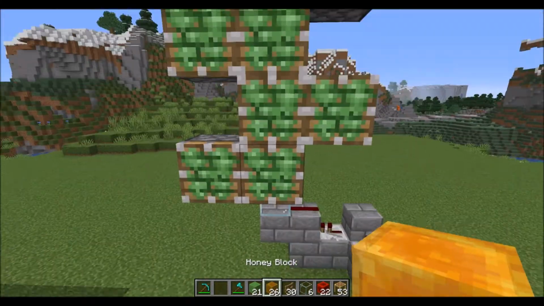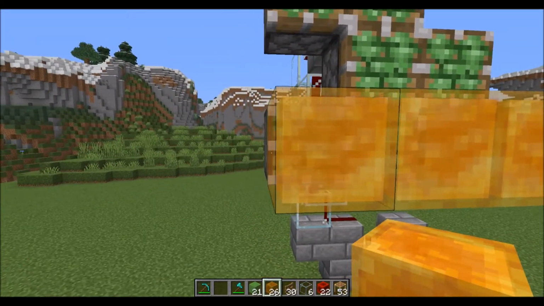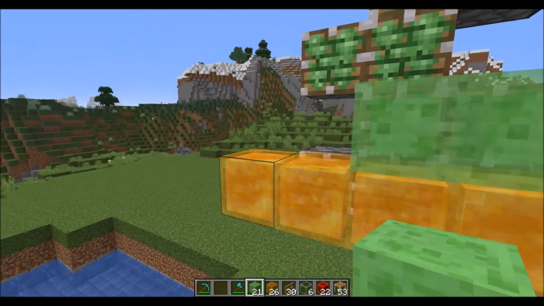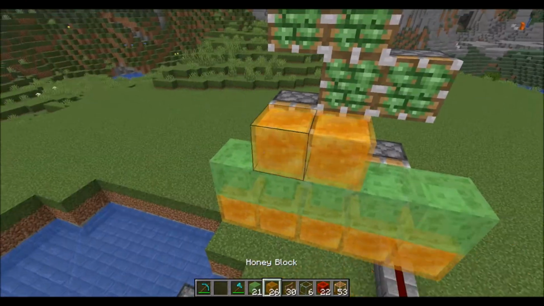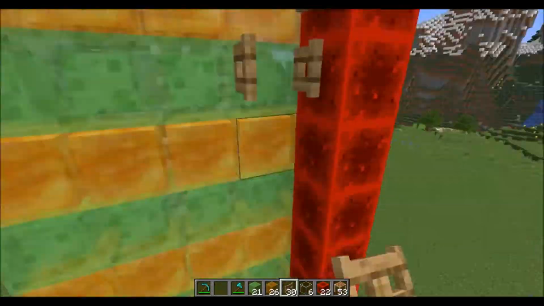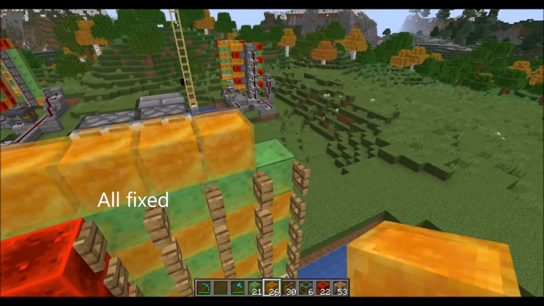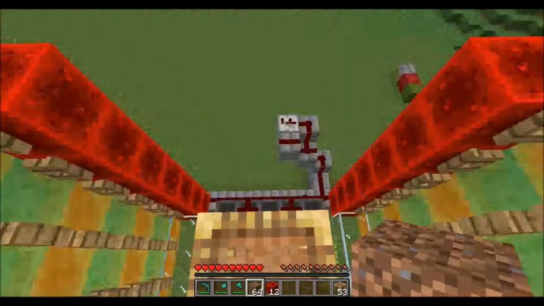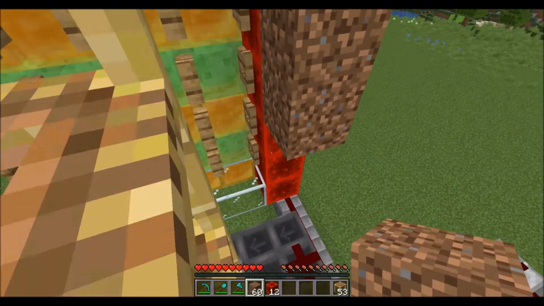So bottom row will have honey blocks, and then on top of that we will place our slime blocks, and then we'll alternate this all the way up. Want to put some temporary blocks in front of the redstone blocks,